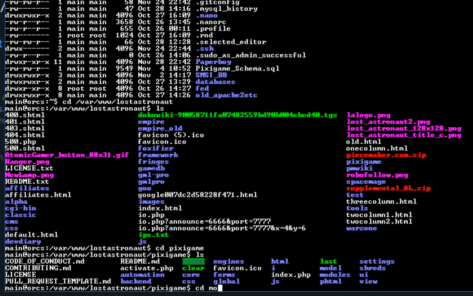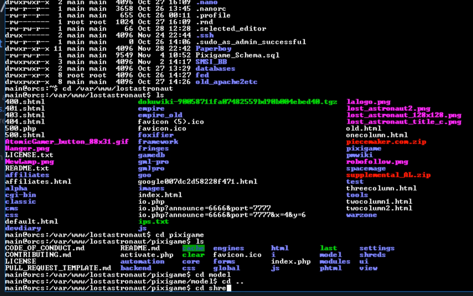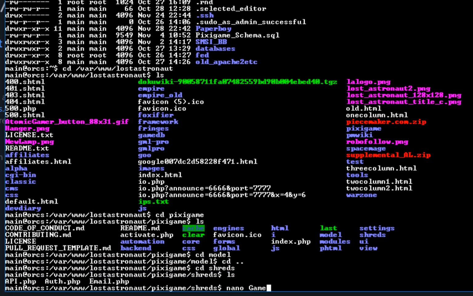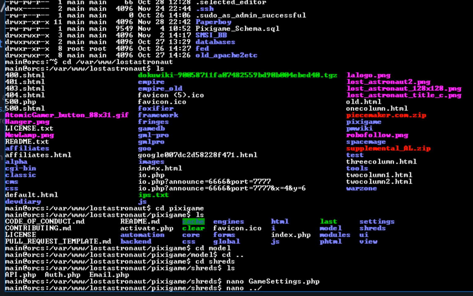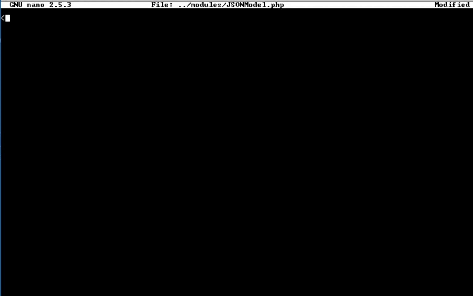How are we going to do that? Well, we've got to go into probably a shred here. And we're just going to create a class called game settings. It doesn't extend, well, maybe it needs to extend something. It extends JSON model. So we're going to have to create a new utility class. We're going to stick that into modules. We're going to call it JSON model. What's a JSON model? Well,